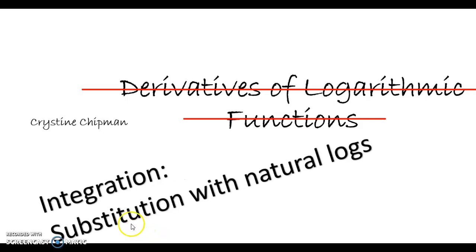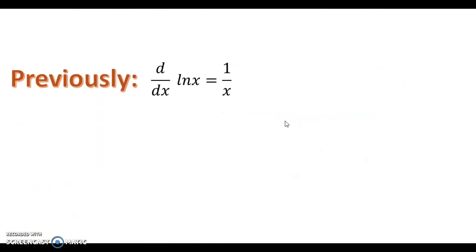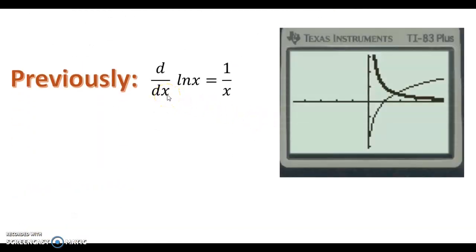Hi, calculus students. When we're trying to integrate and substitute with natural logs, we can look at how the derivatives of log functions went. Previously we had the derivative of the natural log of x equals 1 over x, and we drew it this way, 1 over x, just in this first quadrant, even though it does exist over here. Since the natural log doesn't exist in this quadrant over here, we just restrict this 1 over